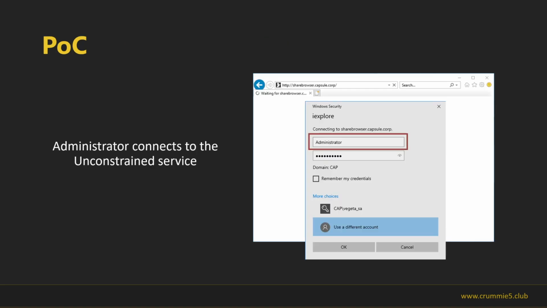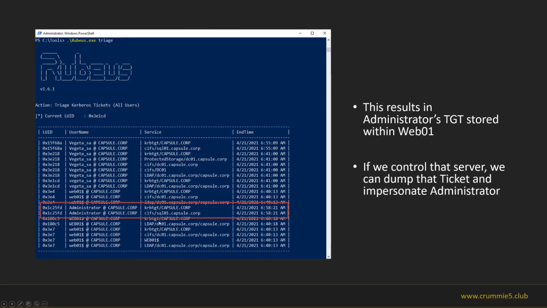So as a proof of concept example, we see here how administrator connects to the web application at servebrowser.capsule.core. So if we compromise Web 01, which we know is the host that is offering this web application, we can see the TGT of administrator and the service ticket for the service.